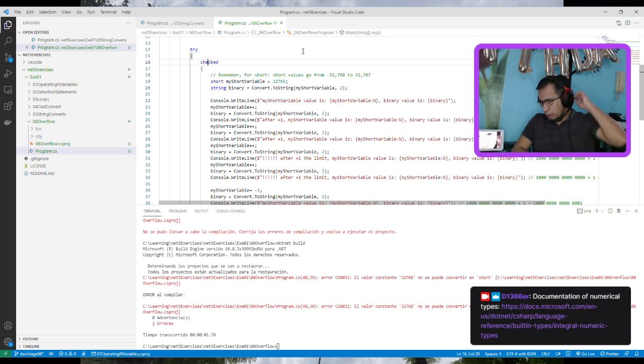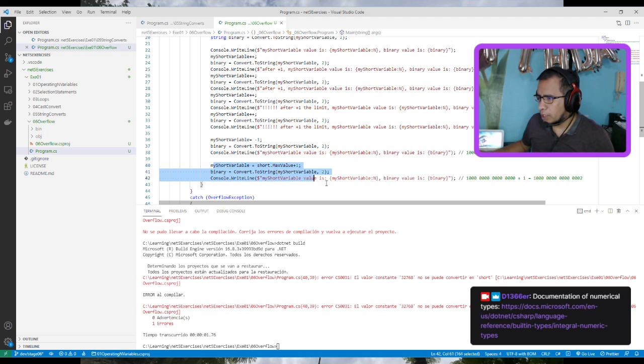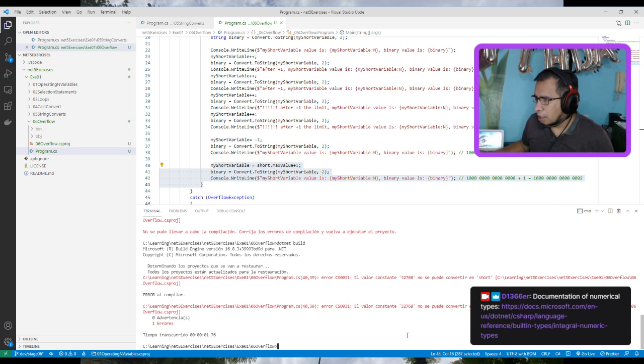the exception, you are able to grab a portion of your code, well, not a section, an unchecked block. And this unchecked block is going to remove any error if you have an overflow. So here we got the overflow. The value of the constant is not able to be converted to short. Now we are going to do dotnet build again,